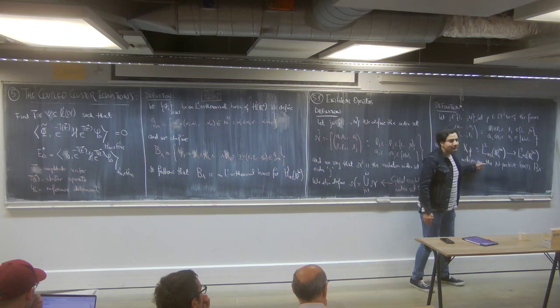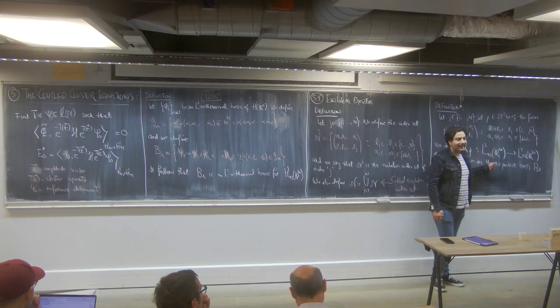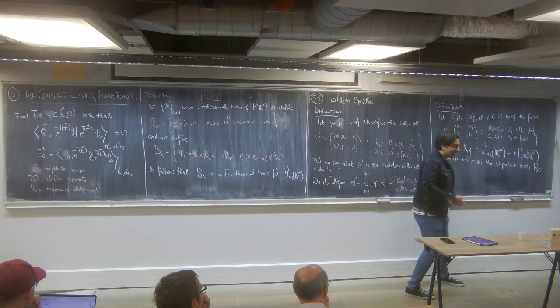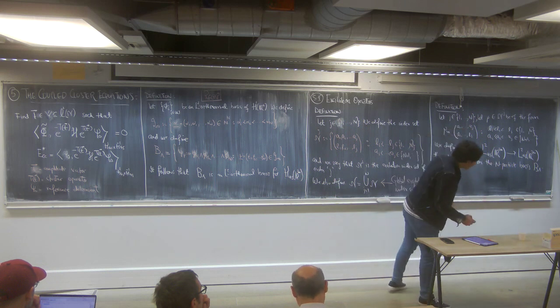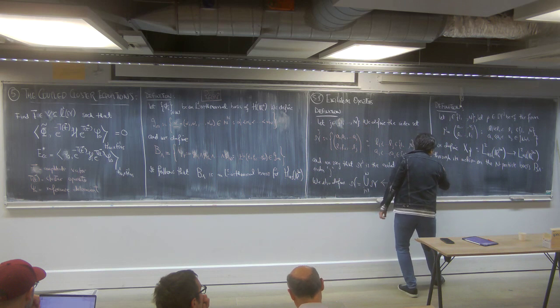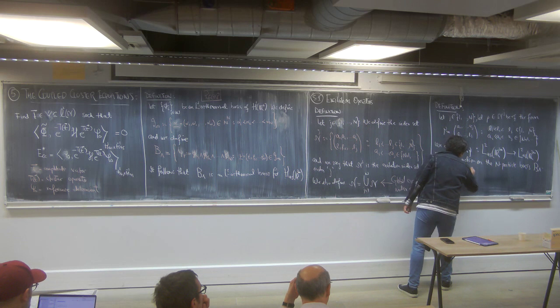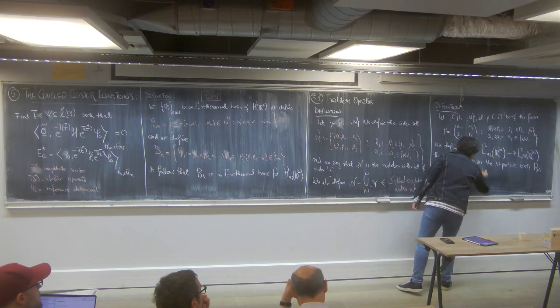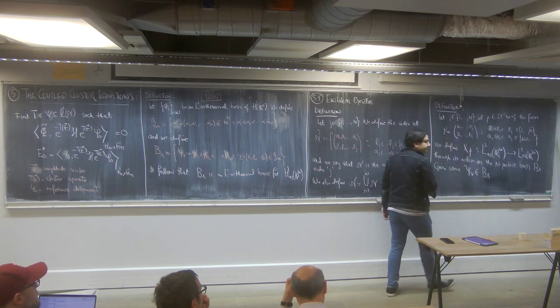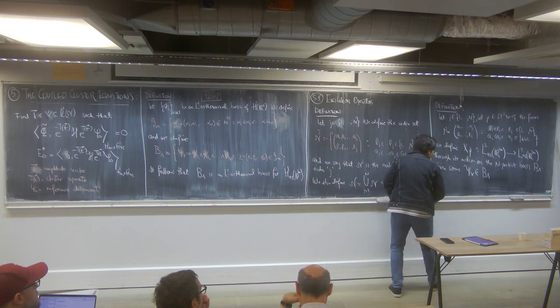So all I have to do is to explain to you how this guy acts on elements of the basis. And how does it act on elements of the basis? The action is the following. Given some determinant psi nu in this basis, we define